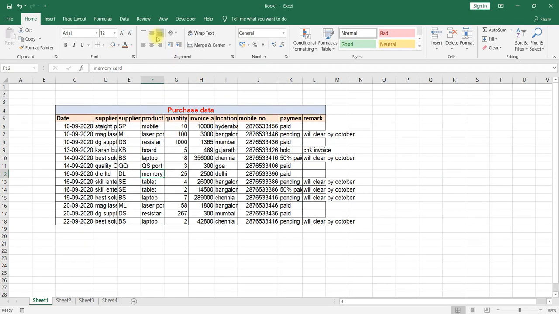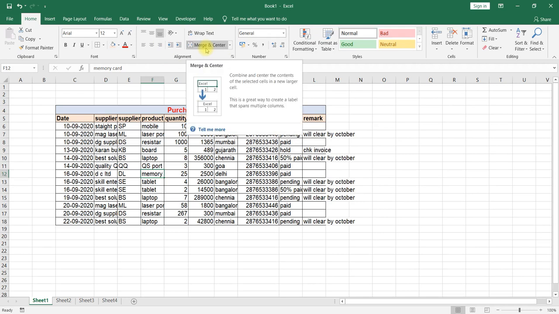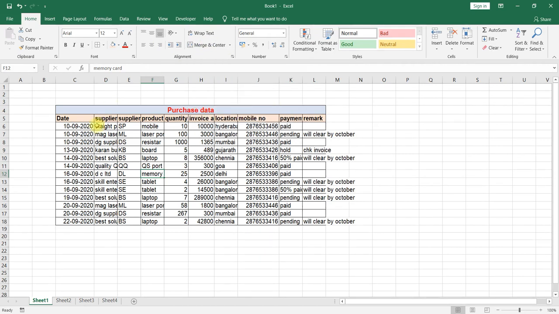Now we'll check the alignment options. We already learned about merge and center. For example, if you'd like to put each data header in center alignment, we can use this one, center alignment. These center, left and right alignments are for horizontal alignment. Vertically, if you'd like to align to the center, in the sense vertically, for example,